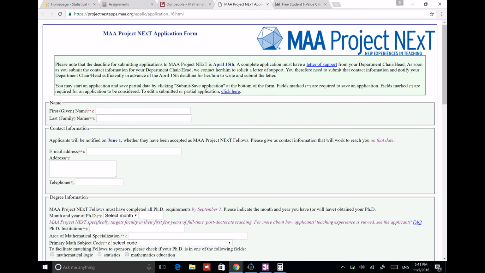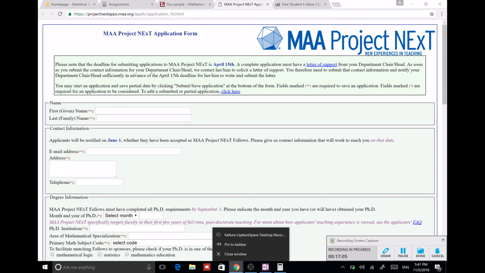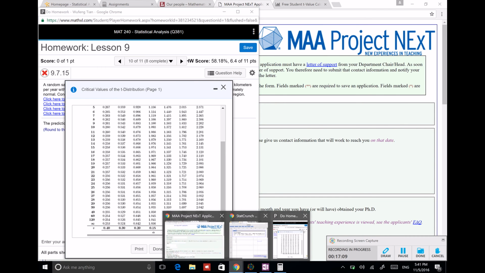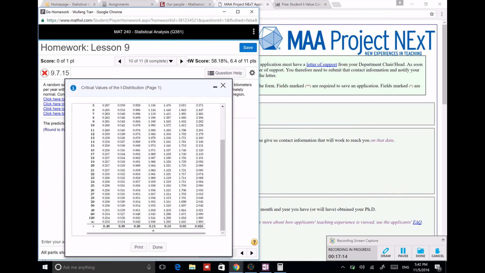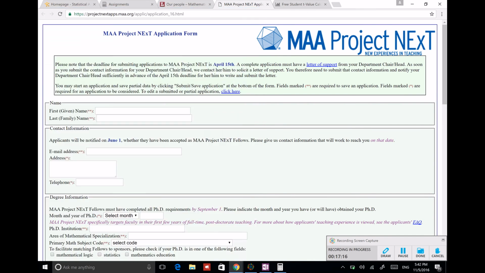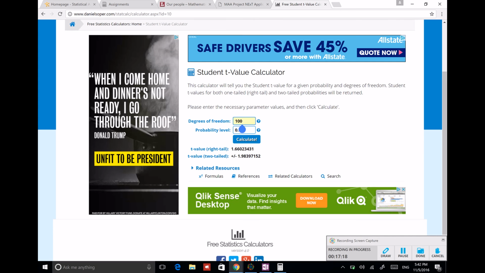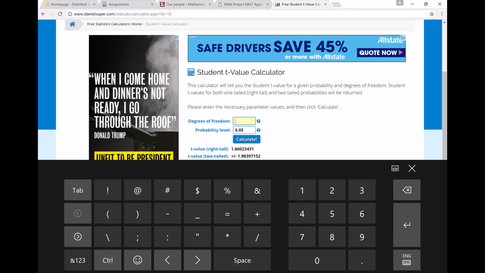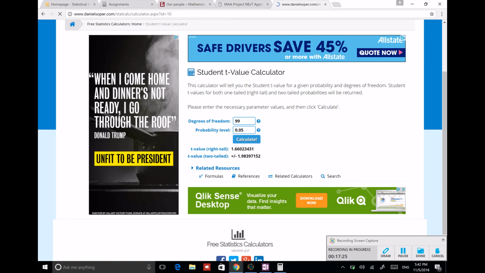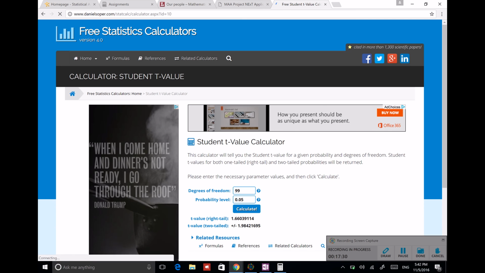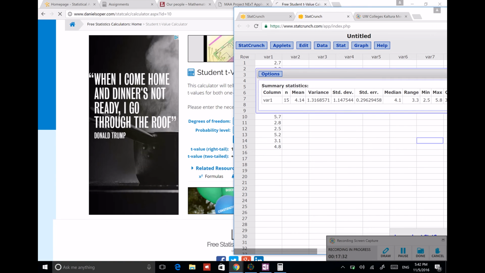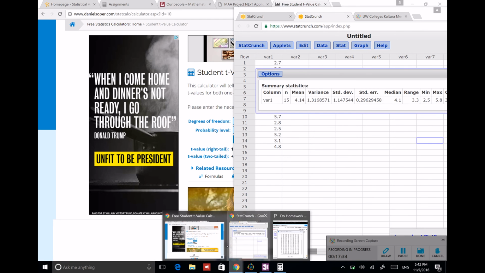Wait a moment, it's 99, right? 100 sample value, so the degrees of freedom is going to be 99. So I actually have to do 99. The t value is for 99. It will not be changing that much. So you got 1.66. That's what I tell you. You can do 1.66. Okay, so just plug it in, and